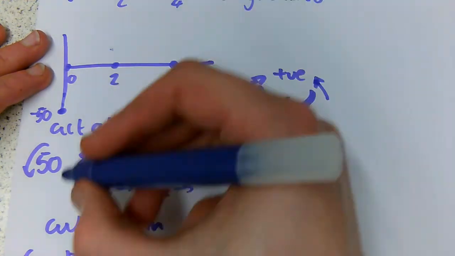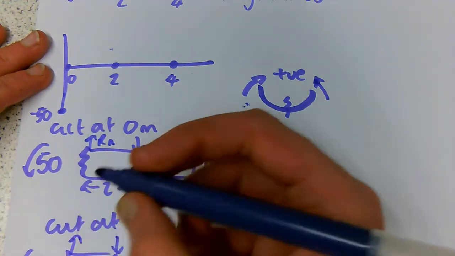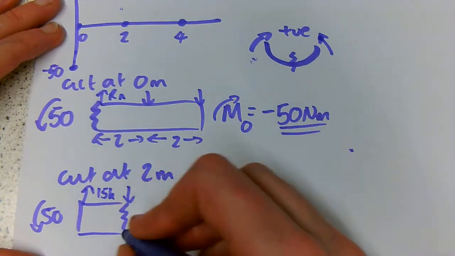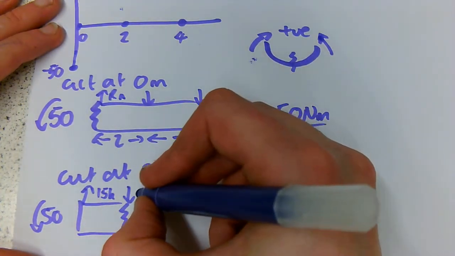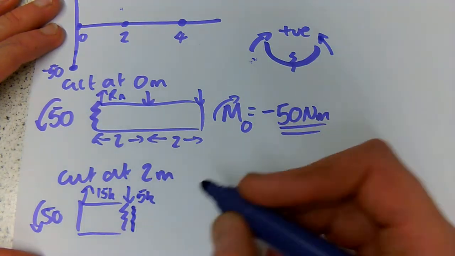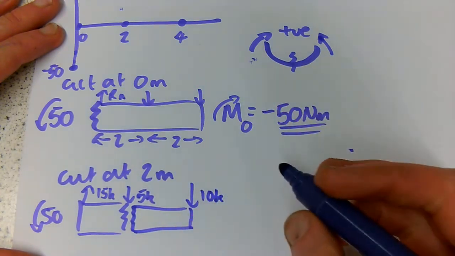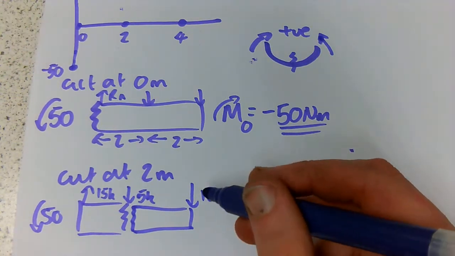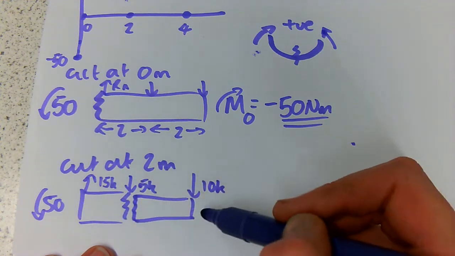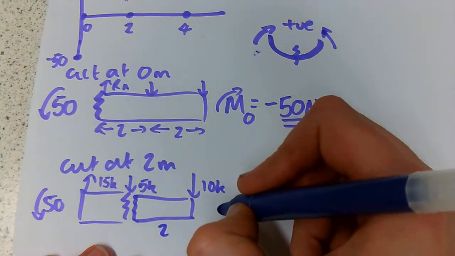At 2 meters, we also need to include our reaction force, which we found before was 15k. The 5k load, which is why we've cut at 2 meters, is acting at the cut. That has no moment. On this right hand side, we have got a 10k. Now, for the left hand side and the right hand side, we can choose either. This right hand side will probably be easier. So my bending moment